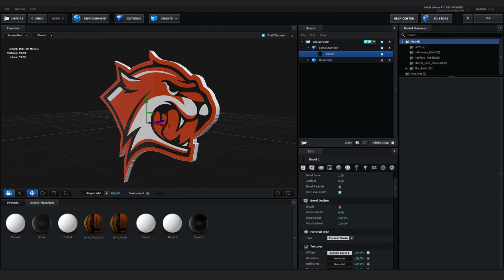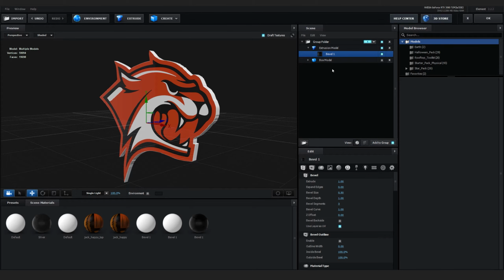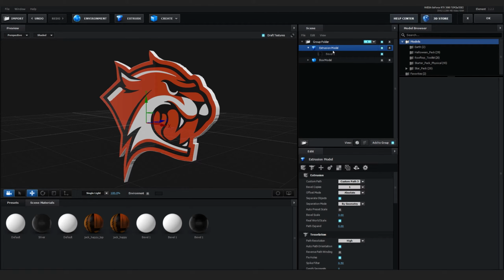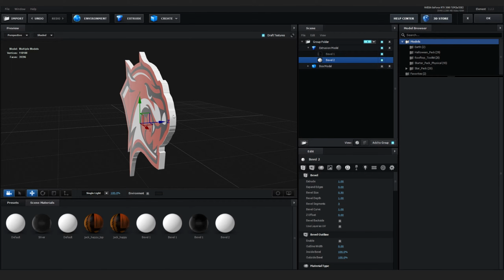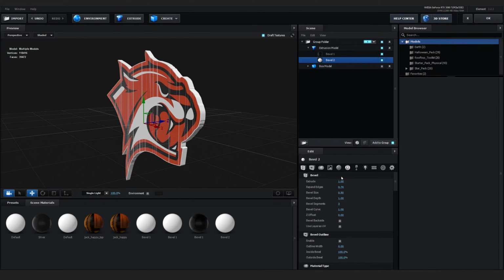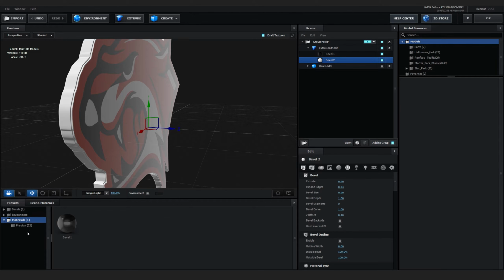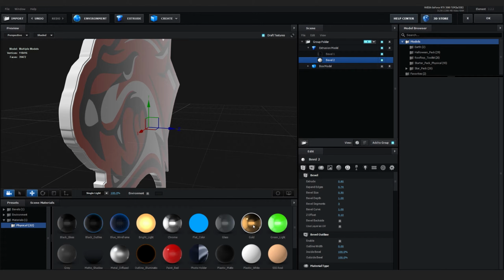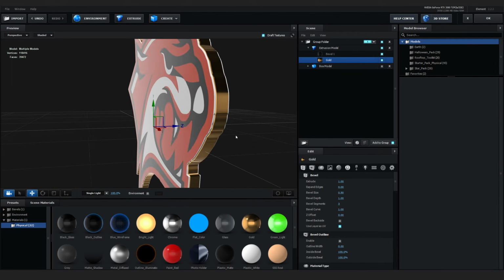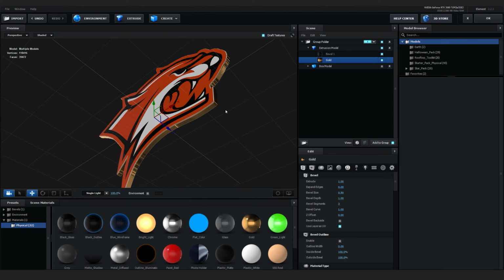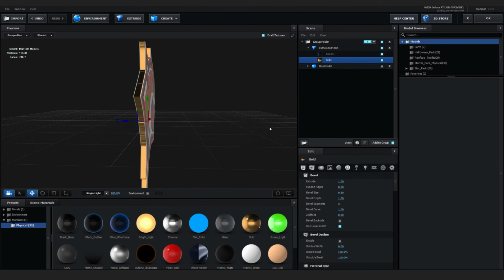Now let's say I want to add a cool golden type of edge here. I can go into my extrusion model here. Under bevel copies, I will set it to 2. So now I have 2 copies of the same, and I can expand the edge here, extrude it down a bit, and move it in the Z offset. Then I'll go into my presets, physical, and let's say we want it to be golden. We'll drop this here, and now we've got this golden type of edge around our 3D logo,